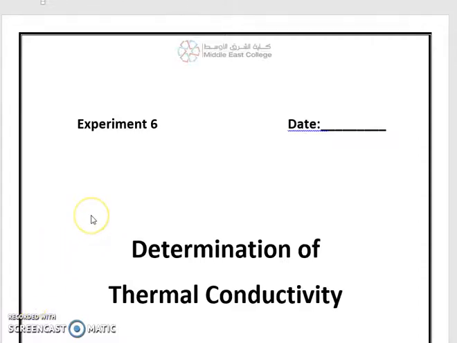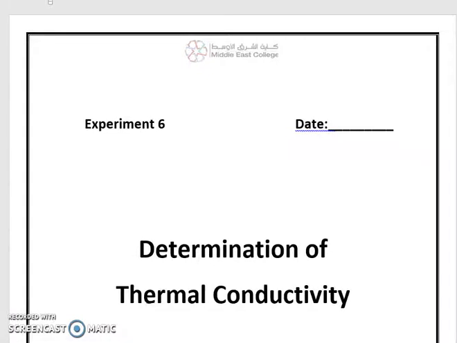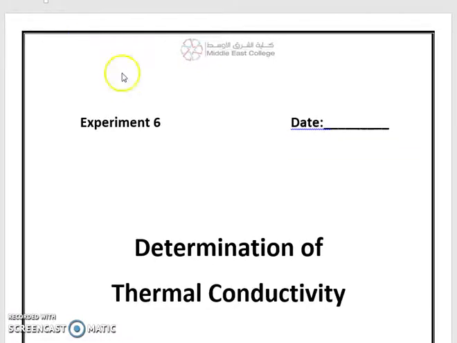Hi students, today we are going to discuss the experiment to determine thermal conductivity. I will show you the experiment details and give you guidelines on how to do the experiment and how to do the calculations, so please kindly go through it. As we are not able to conduct these experiments on campus, I am providing support with videos and some images taken directly from the laboratory.